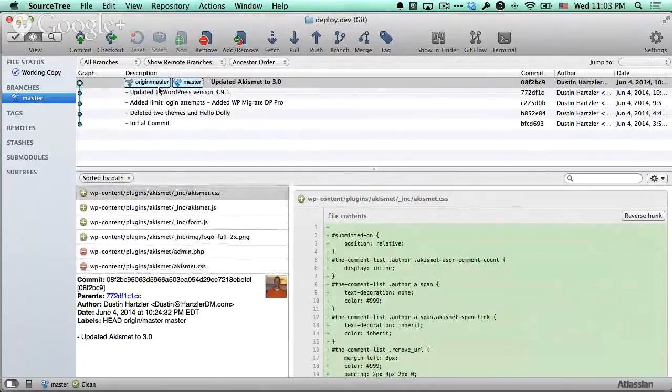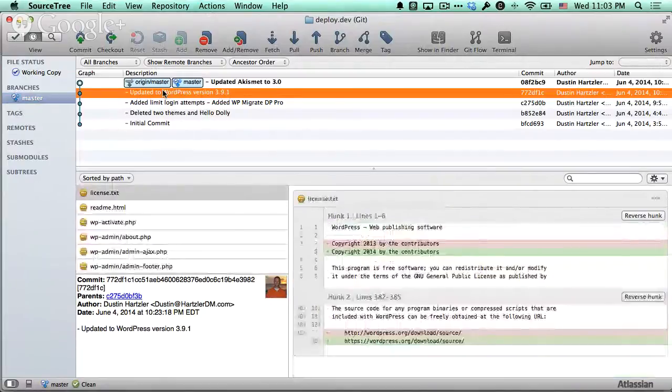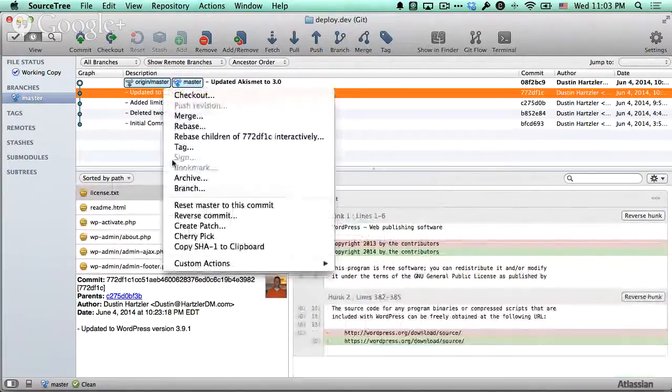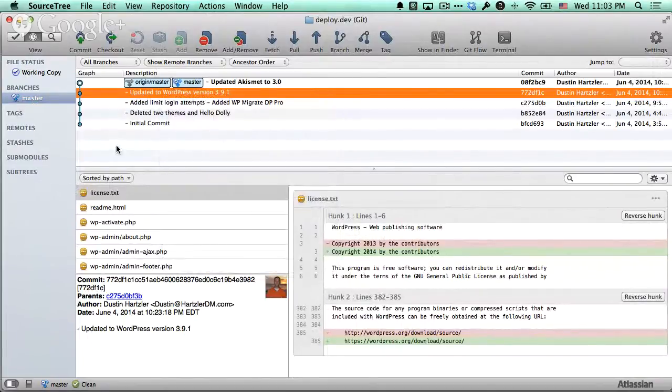But the cool part is, if you wanted to go back and revert this change, you can right click and there are different ways you can reverse this commit. So that basically reverses all the code. You can do a lot of stuff. I am not an expert in any way, shape, or form, so I barely know how to use this, but